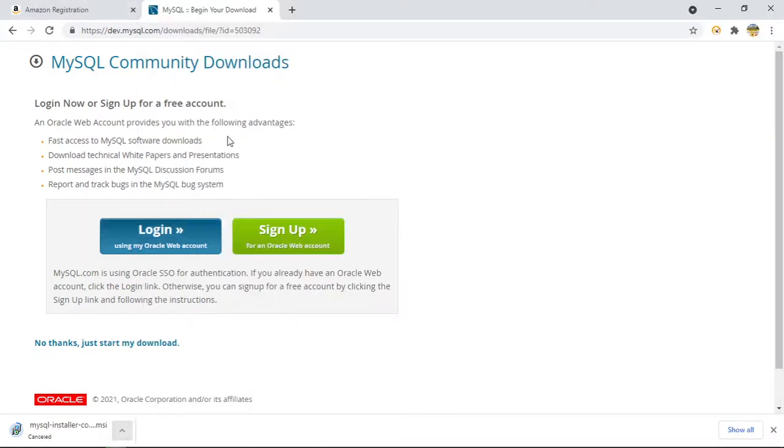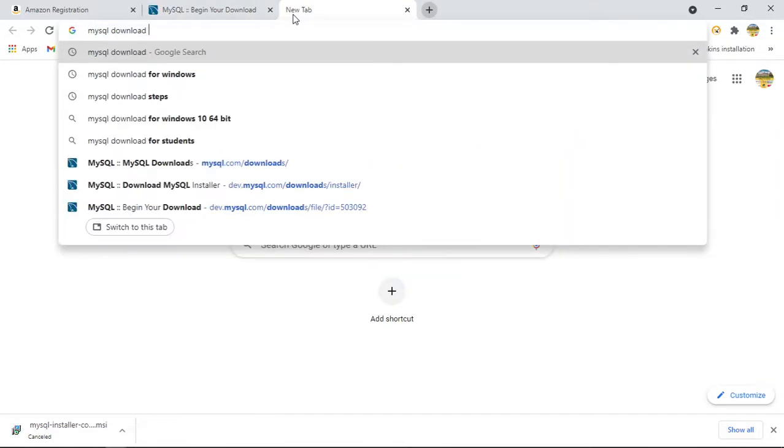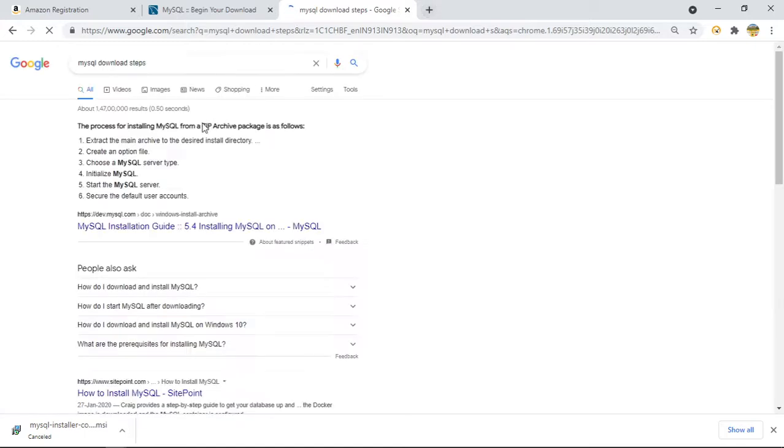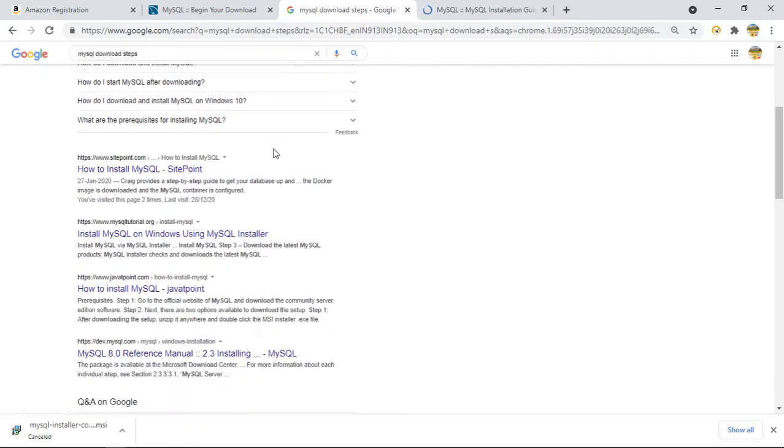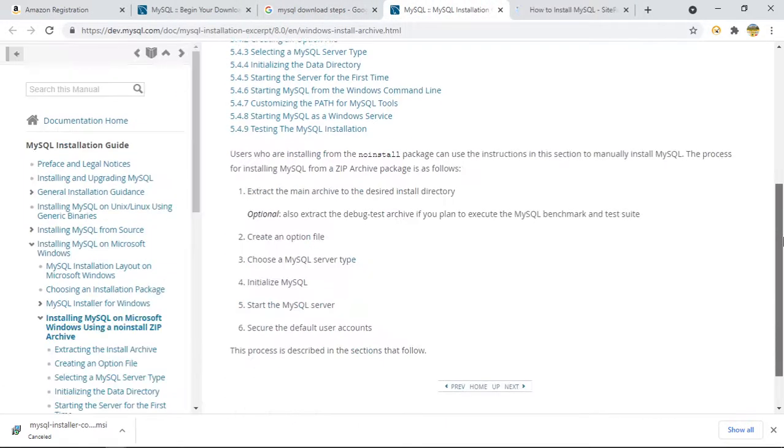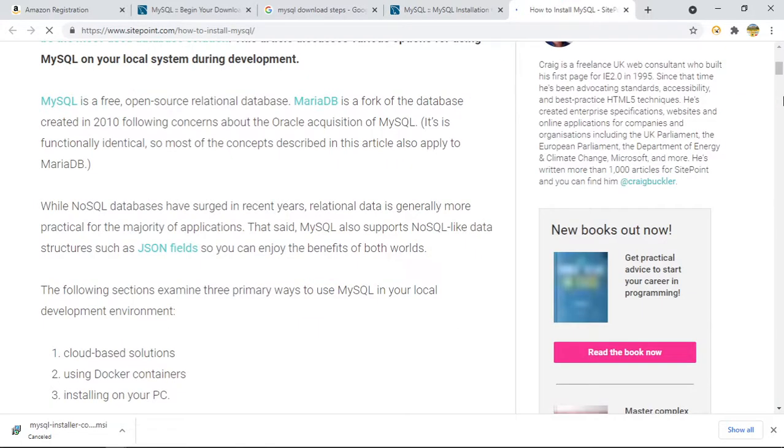If I show you how to install it, these are the MySQL download steps. Let me check where they have shown it.